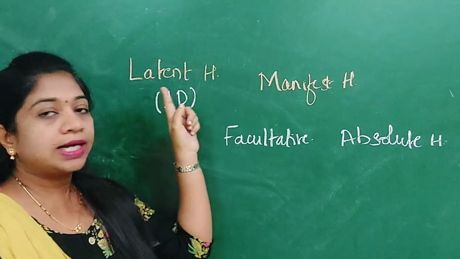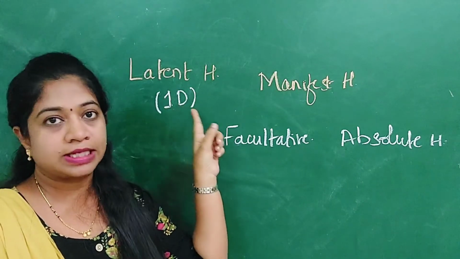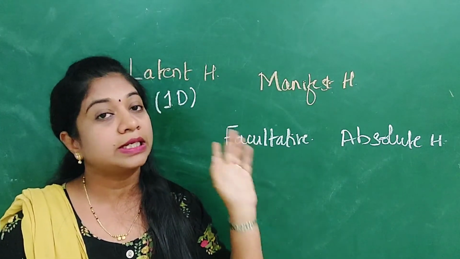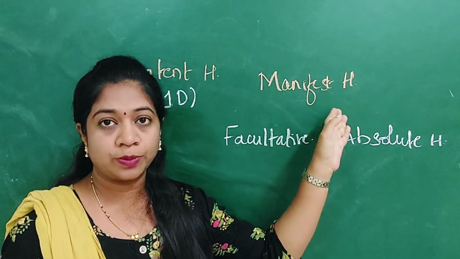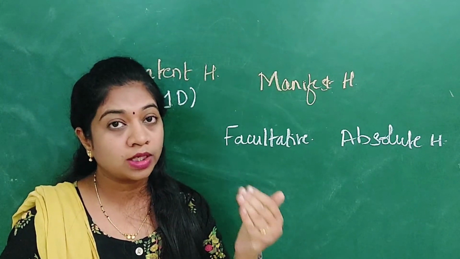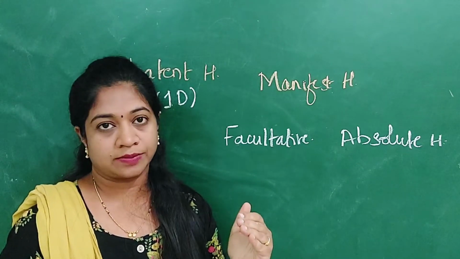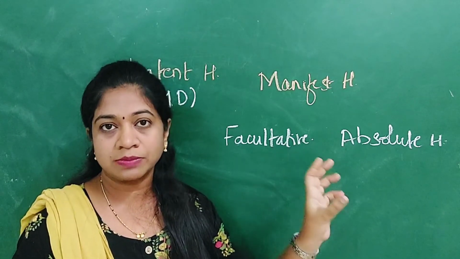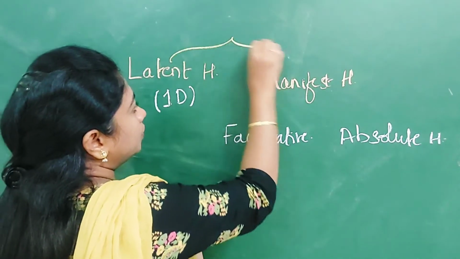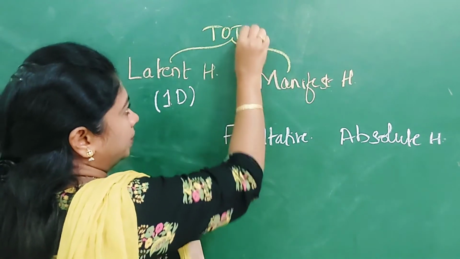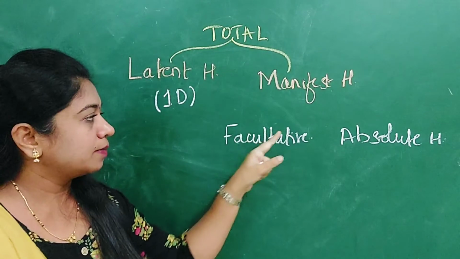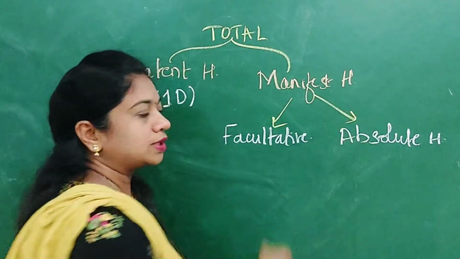So we had latent hypermetropia, that is because of the inherent tone of the ciliary muscles, and we had manifest hypermetropia, that is the amount of hypermetropia which can't be overcome by the inherent tone of the ciliary muscle. In manifest hypermetropia, we have facultative hypermetropia, that is the amount which can be overcome by exerting accommodation. Even by using accommodation, we can't overcome some degree of hypermetropia, that is called absolute hypermetropia. These together contribute what is known as total hypermetropia. So total hypermetropia is classified into latent and manifest. Manifest is again divided into facultative and absolute hypermetropia.